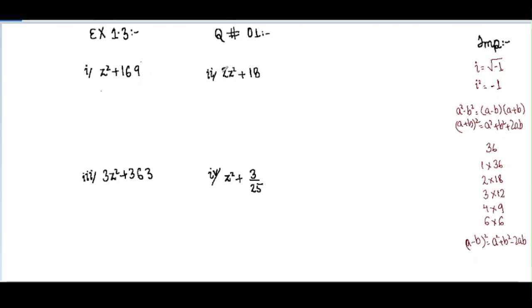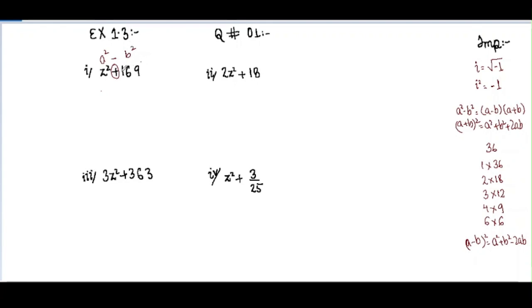Here there is no whole square, you can't see a whole square on any term. So here we have to change this sign into minus. We are just going to use this formula over here, a square minus b square. So we have to form here a square minus b square. This sign is to be changed into minus, and this whole term is to be changed into b square.